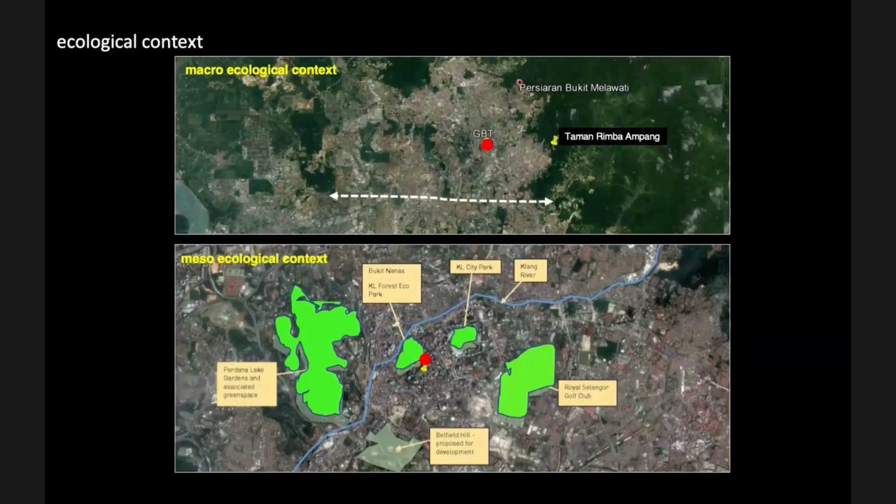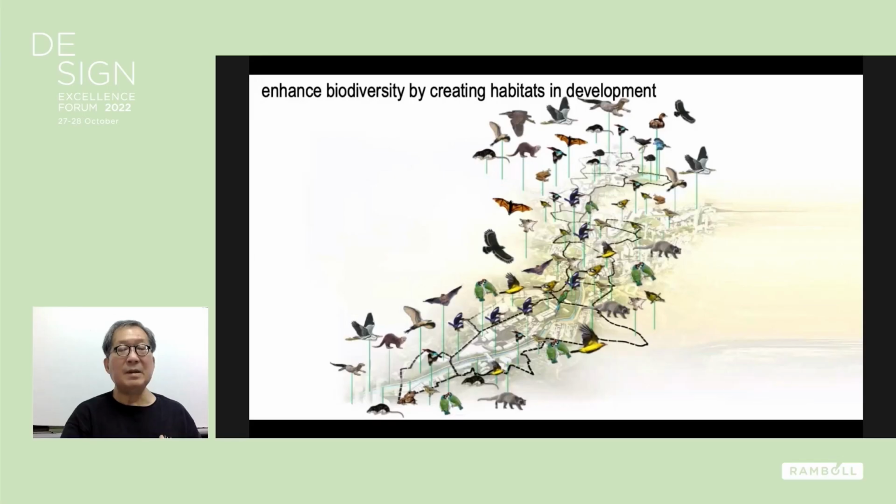We start by looking into the site in relation to its context, and within the context, we look at the species of flora and fauna that we want to bring back to the site. It's important that the selected species are not invasive species, because invasive species would totally destroy the ecology of the belt. And so we do research on the birds and the animals and the fauna at the ground plane, and we do research on the flora that will attract them.